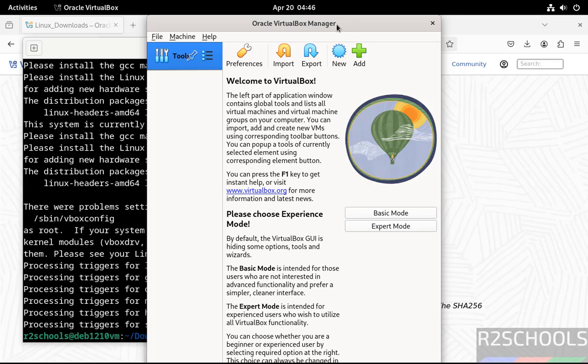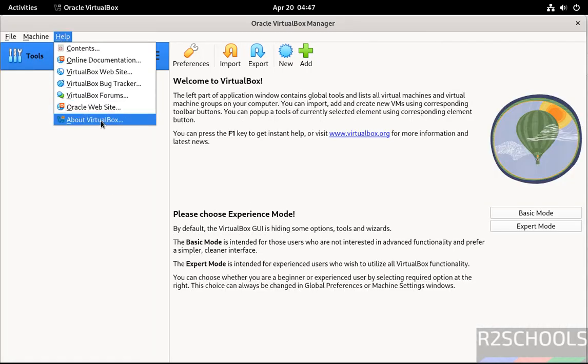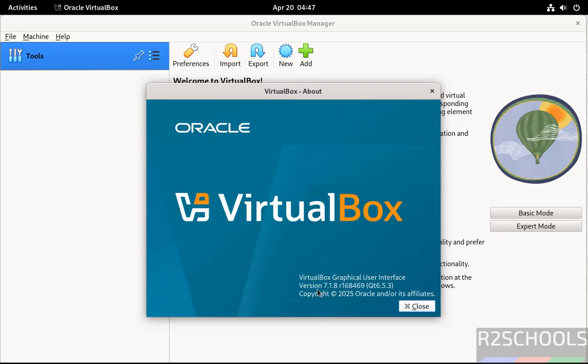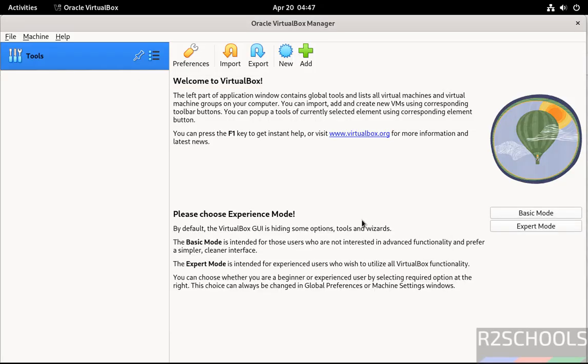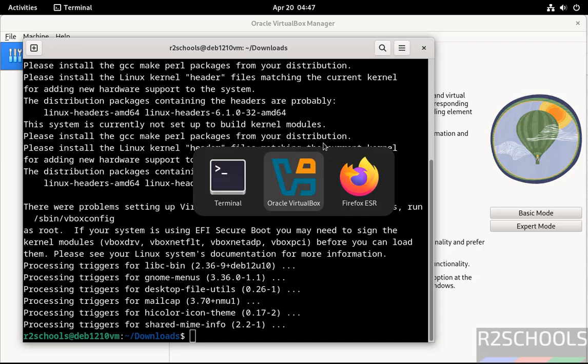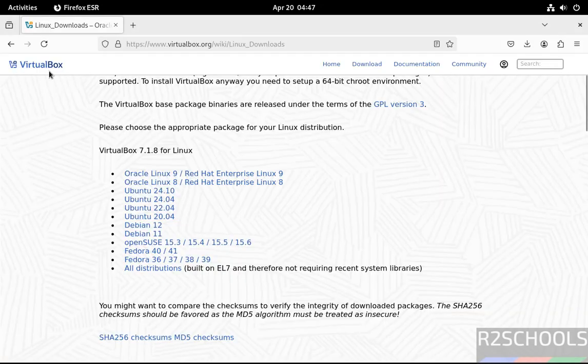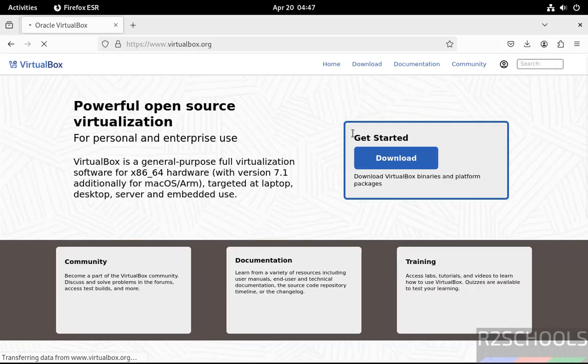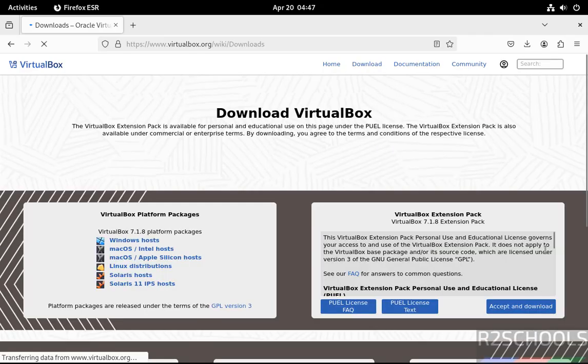Double click to maximize it. Now verify the version. Go to help, about VirtualBox. See here we have VirtualBox 7.1.8. Close this one. Now go to Firefox or web browser, then go to VirtualBox homepage, then click on download, then